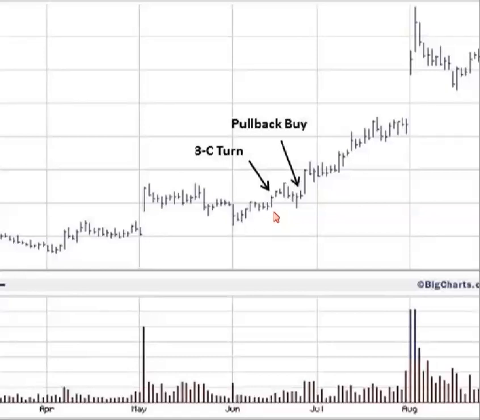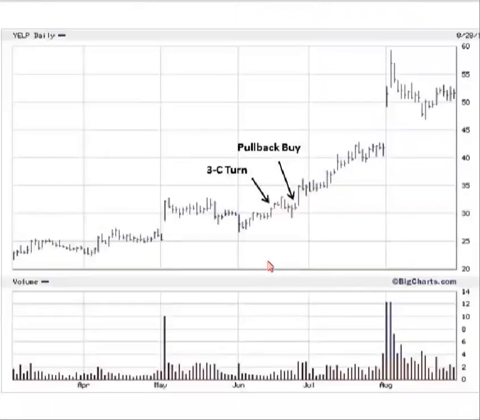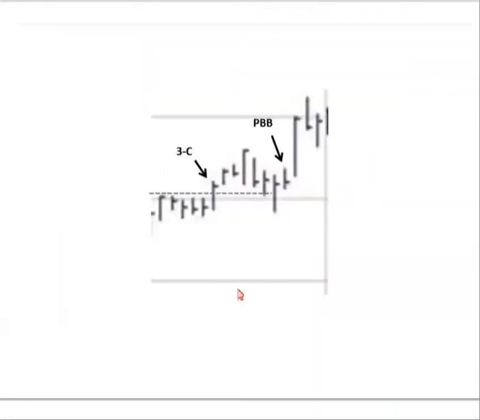So you bought a quarter of your position here. Then you got the pullback buys. It turns up from there. You buy another quarter, and it runs up, and it forms this pivot and breaks out from there. And now you add your remaining half, and now you've actually built your position from this point down to here, so you're right in between, and you've lowered your average cost, but you've lowered your risk by scaling into the position, right? So this is just this zoomed up, and you just see here we pull back here and move